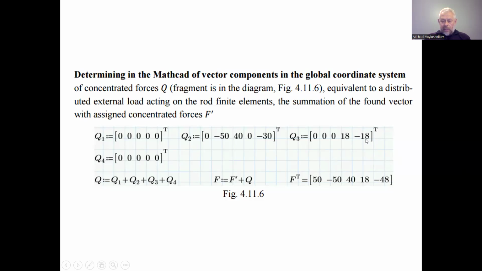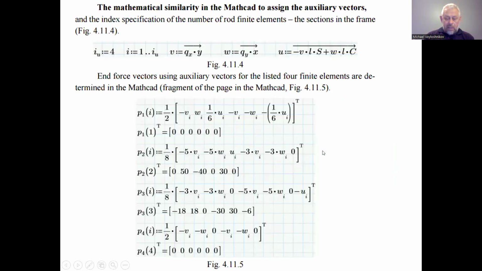On the action of distributed load on the finite element number 3, how does it correspond to the forces coinciding by the directions with the displacements of the second and third node of the discrete model of the considered mechanical system, in the directions of the available displacements of the nodes and the action of the distributed loads which are on the third finite element? So this sounds a little bit complex, but not a big deal. And with a minus sign, considering the magnitudes we got,